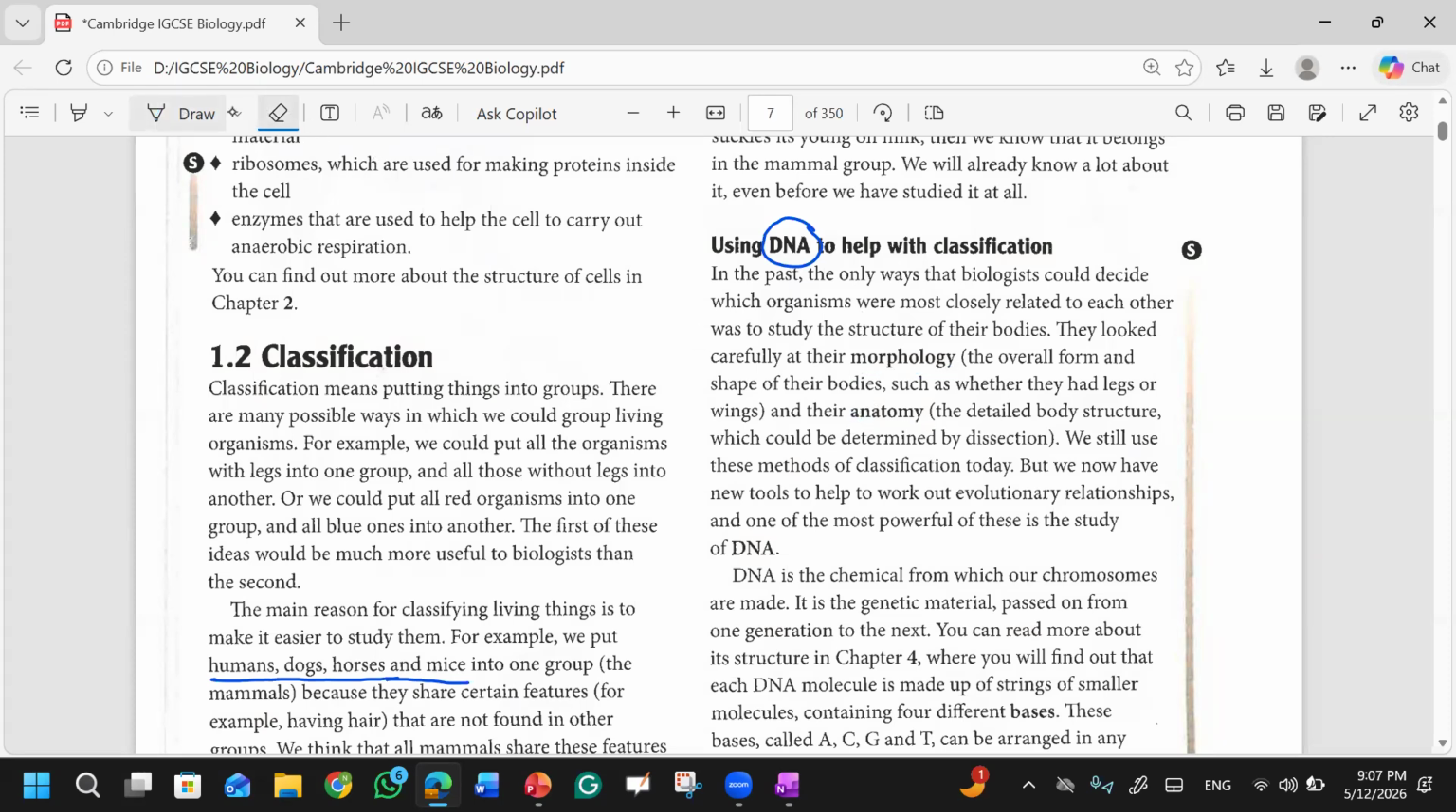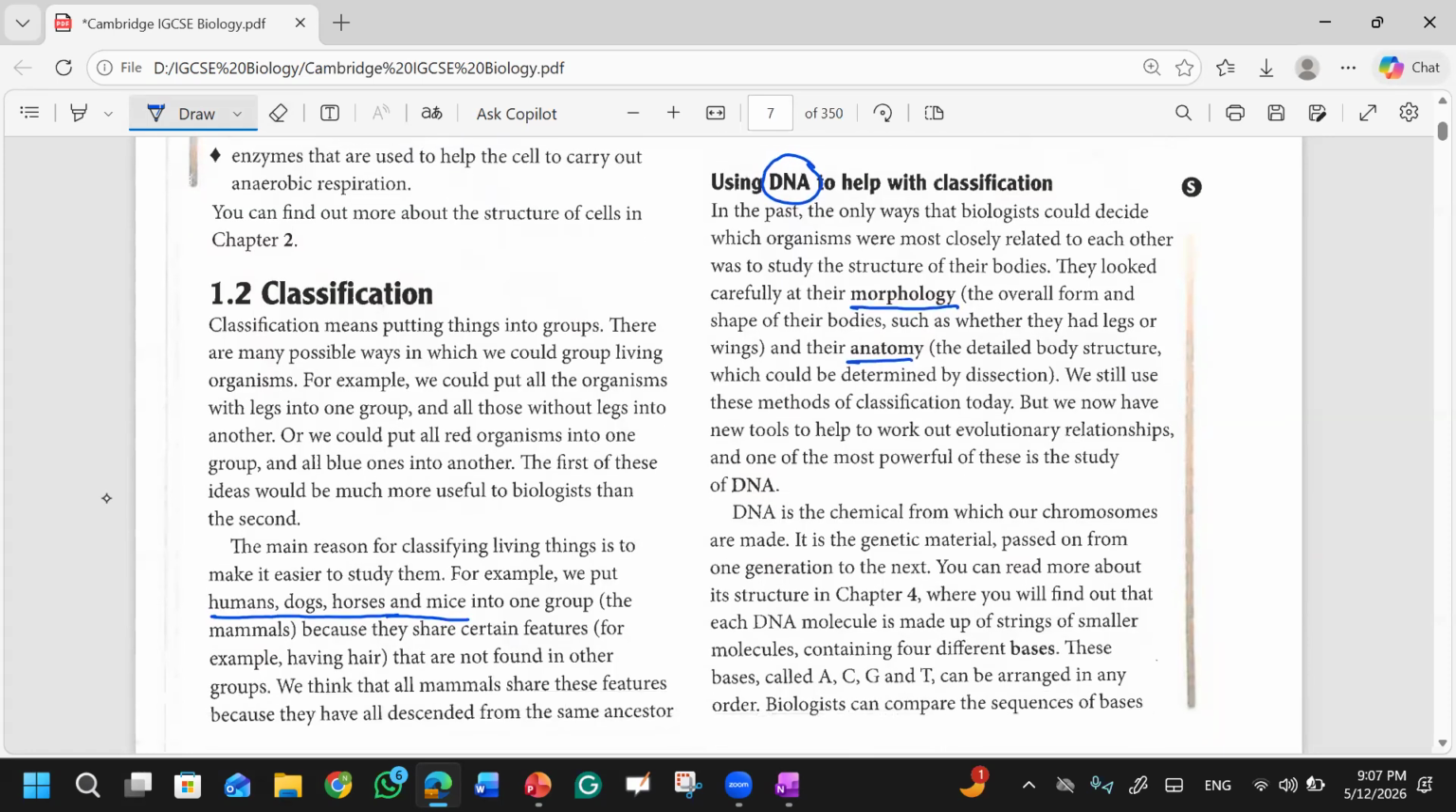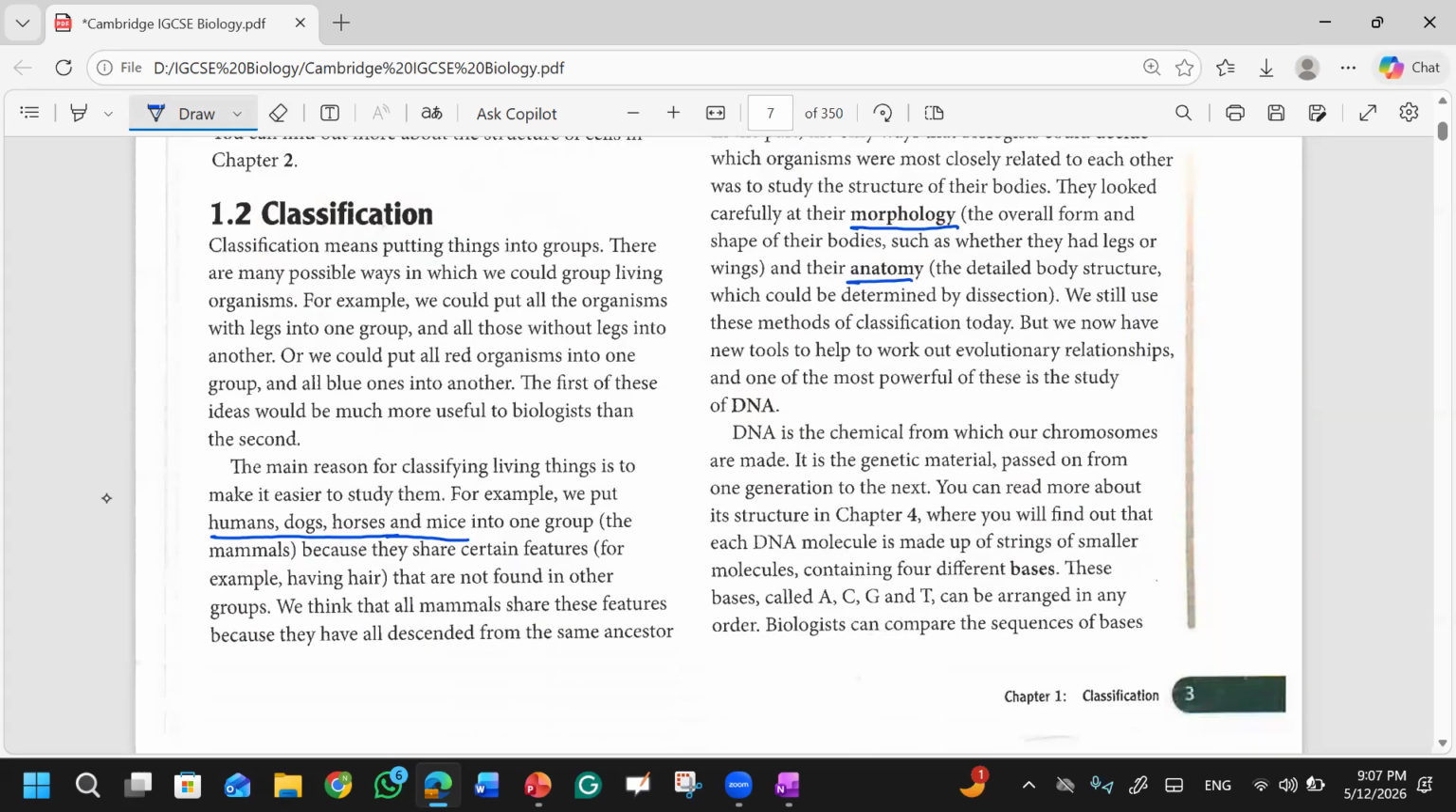What is the difference between morphology and anatomy? Morphology is the physical appearance, and anatomy is the organs. Yes, anatomy is the study of the internal structures. Okay, so when they came to anatomy, then they discussed DNA, because DNA is something